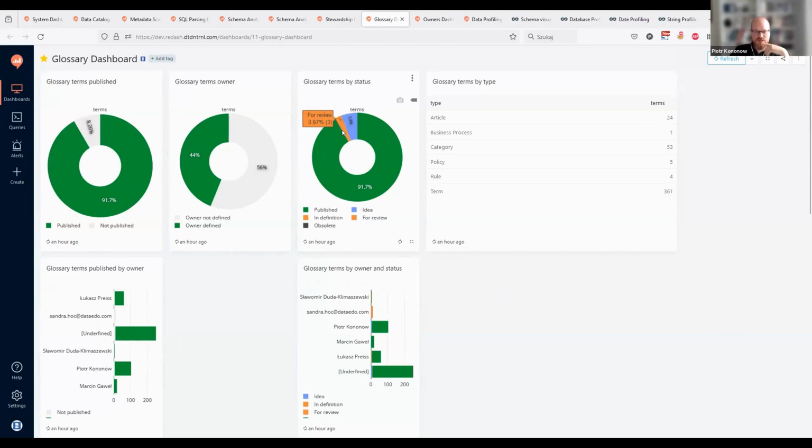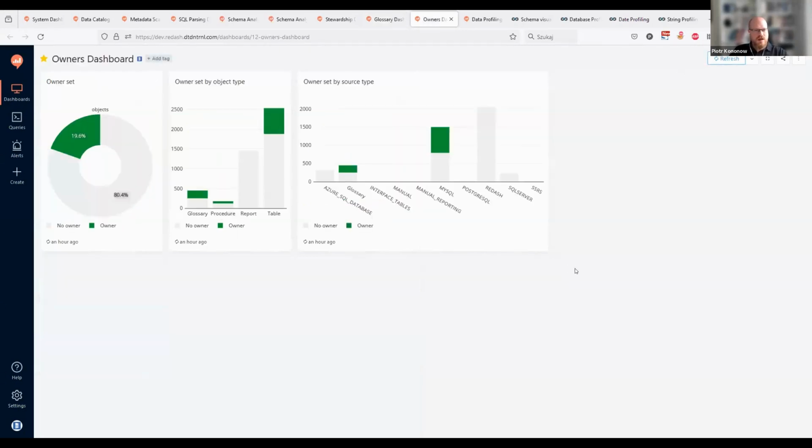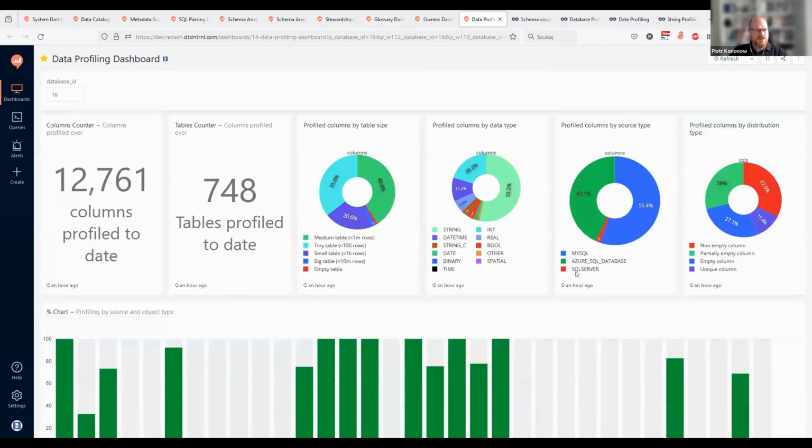These are the workflows that Richard was presenting. Here's the owner, and here's the publishing status. This information is almost the same, except this one hides all the details and just shows which are already visible. So 91.7% are visible in our repository. Similar idea for owners.